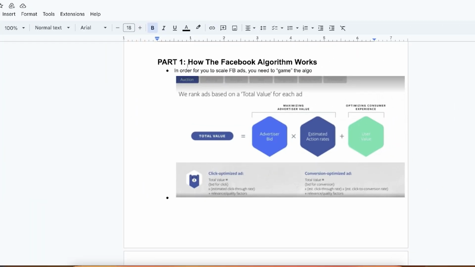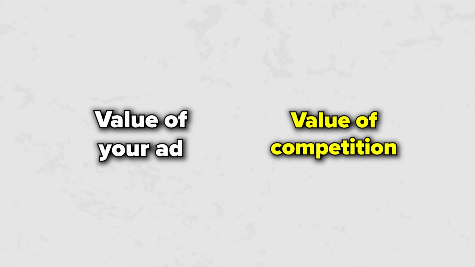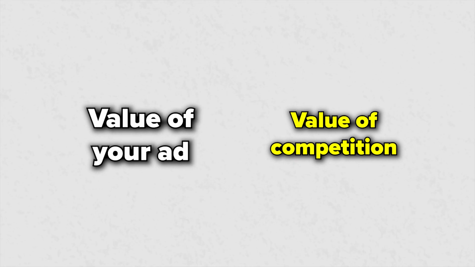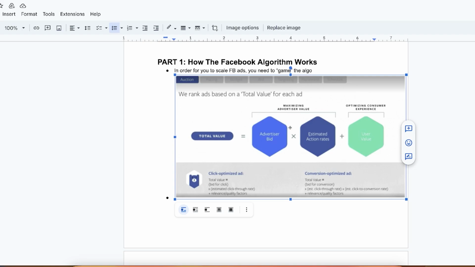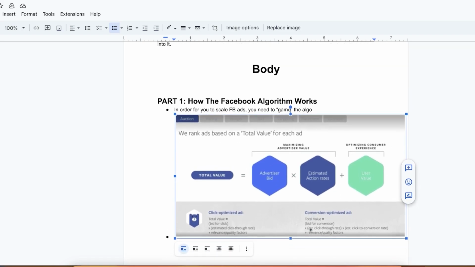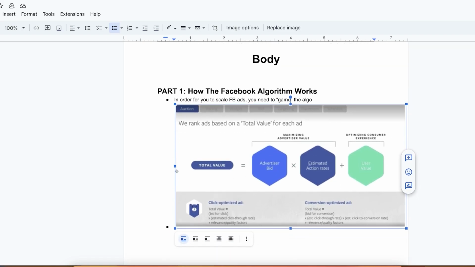In order to game the system, you have to understand the system. And the system on Facebook works very easily. Every time you want your ad to show up, you have to win the auction. And the way you can win the auction is by getting the total value of your ad higher than your competitors. The total value of the ad is the advertiser bid, so how much you're willing to spend to get a sale, which means if one advertiser is willing to spend $20 to get a sale and another advertiser is willing to spend $100 to get a sale because maybe their product is more expensive, then that advertiser would likely win the auction. But it's not the only variable here, because if it was the only variable, then people who are simply able to spend more on ads would win all of the auctions.